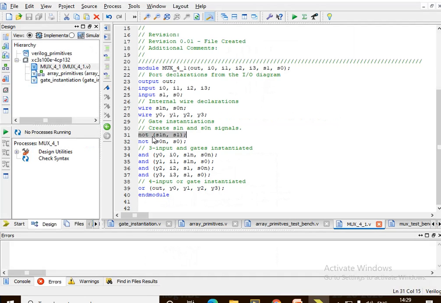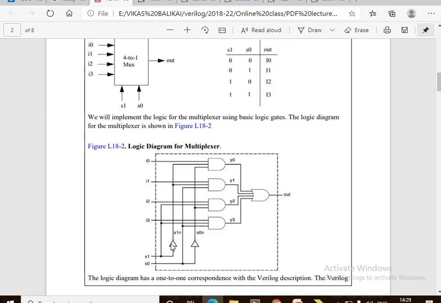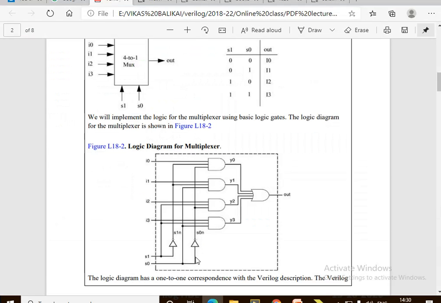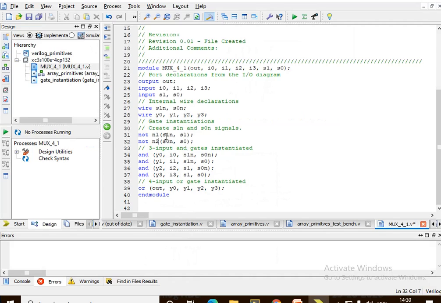But what if I mention the instance N1, so that it ensures this NOT gate is renamed as N1. With respect to that, I'll mention this as N2. This is the output, and S0 is my input. The first term is the output, and here I have AND gate primitives A1, A2,